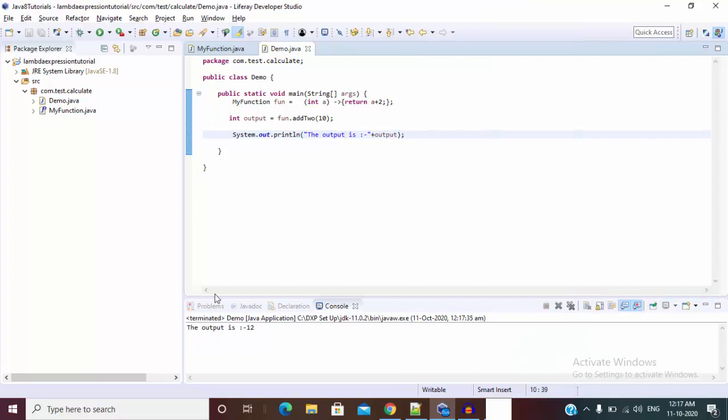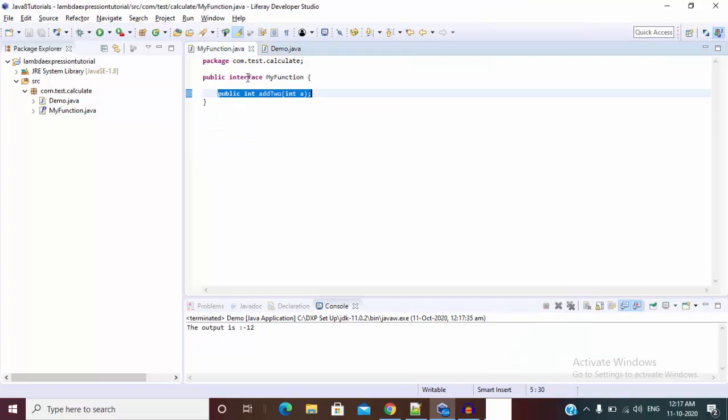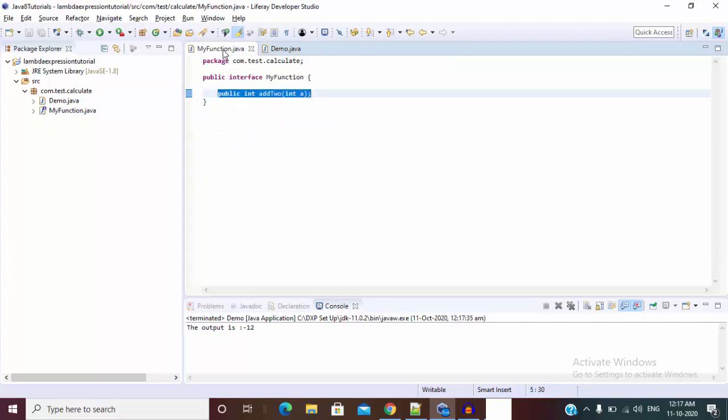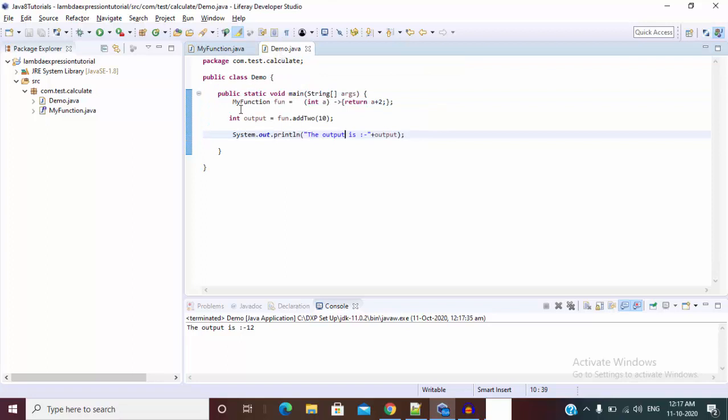As you can see, the output is 12, and we implement this in a single line. If we use the traditional approach, we need to create a class, my function IMPL kind of thing, and then provide the implementation of this method and then call accordingly, or we can use anonymous inner classes. But by using this Lambda expression, one line of code is sufficient for all the things.